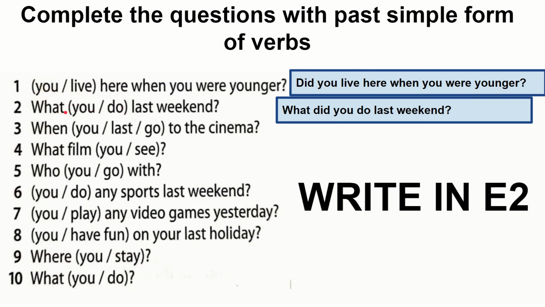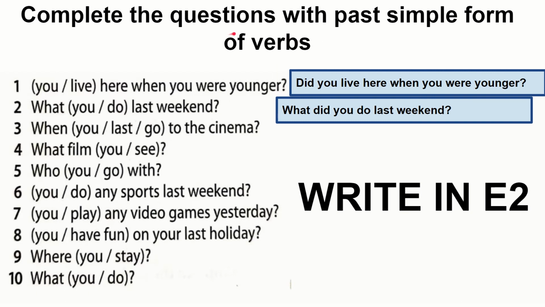Okay, number two. What? Okay, because there's no past tense, so you need to add did. What did you do last weekend? So the verb here, the selections given to you will need to be in the original form, the base form as well. What did you do last weekend? Let's look at one more. When did you last go to the cinema? Okay, is it simple? Quite simple, right? You just put did in front of all the sections and you make the sentence.